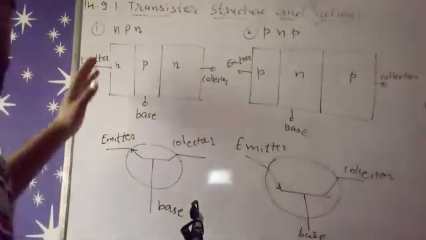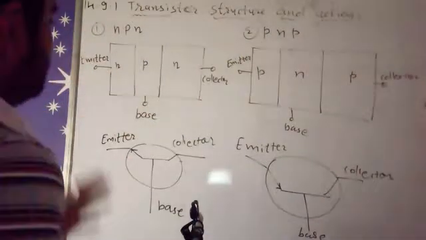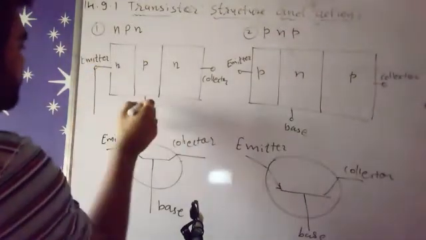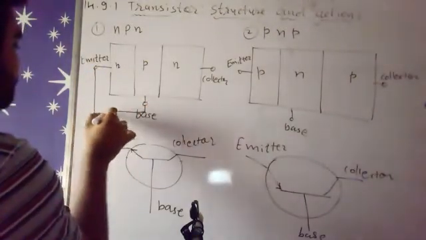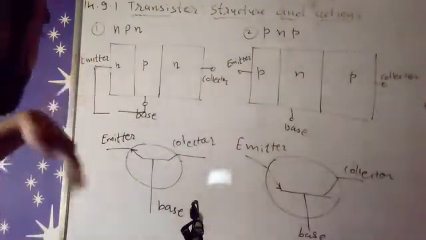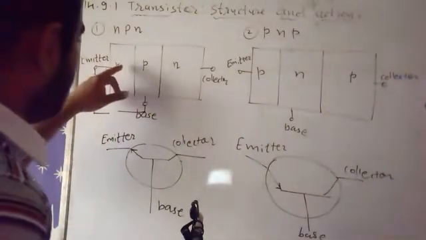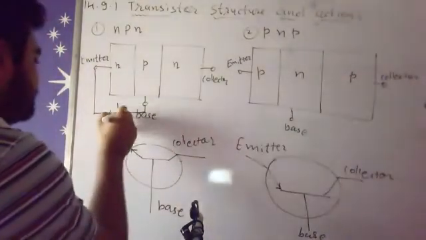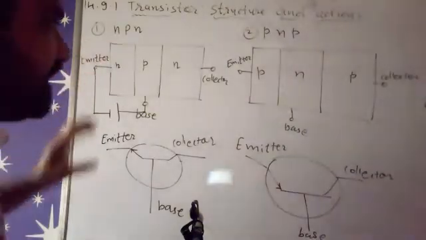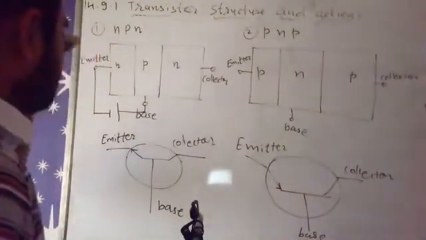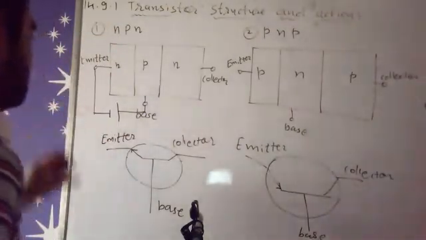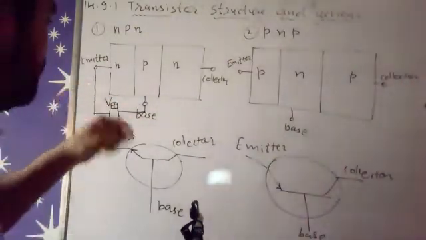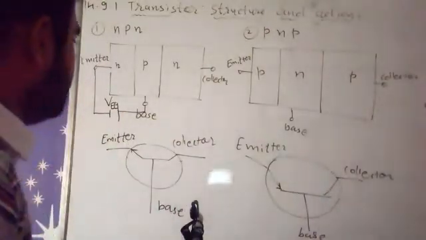Okay. Now for the NPN transistor, we know that the first two semiconductors should be connected in forward bias. To give forward biasing, we connect N with the negative terminal and P with the positive terminal. So this is now forward bias, and this battery voltage is known as VEE, right? The voltage of that battery is VEE.